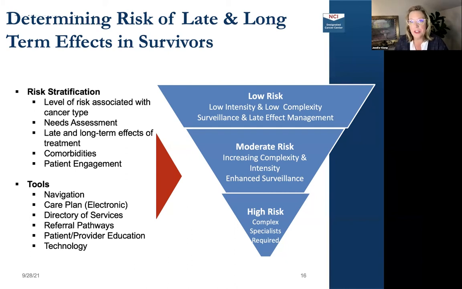We need to have both patient and provider, so all stakeholder education, and we have to optimize our electronic health records. Survivorship is not scalable without optimization of the EMR. And I will say that over and over, because that is absolutely true. You only have so much bandwidth. Your time is best spent with the patient. So if we do not optimize our technology, we will not succeed at implementing high quality survivorship care.